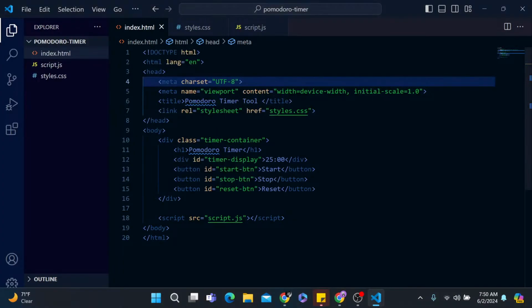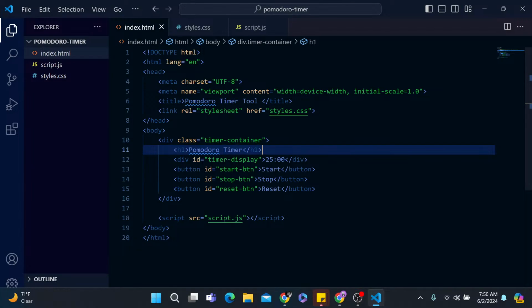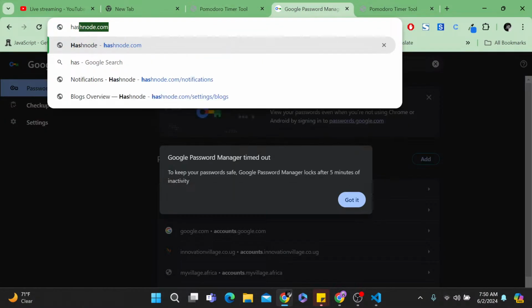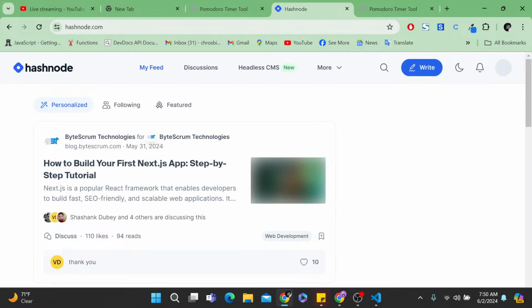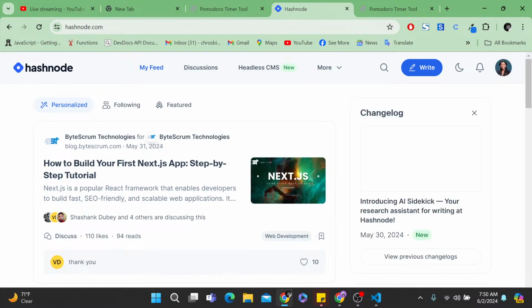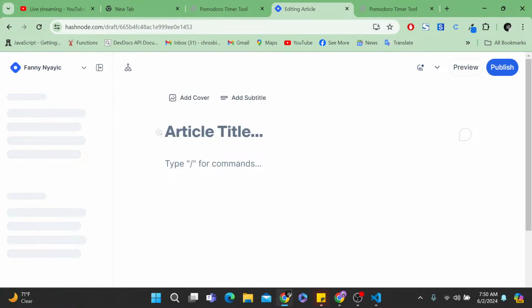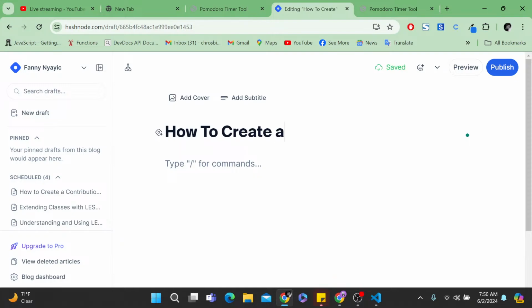So from here, you can see that we already have our Pomodoro timer. So I'm going to be using Hashnode as my go-to writing. So I'll log into Hashnode. When I log into Hashnode, I'll just click on write. Then my article title will be how to create a simple Pomodoro timer